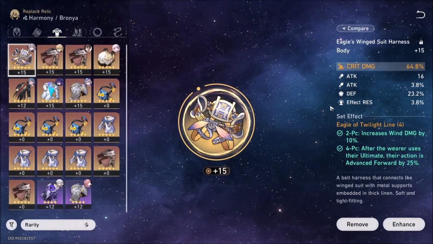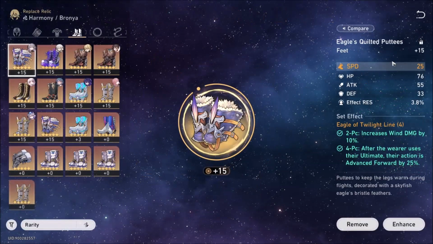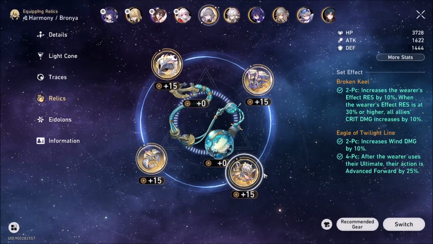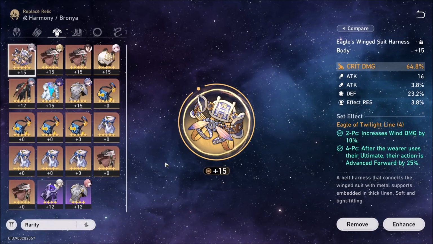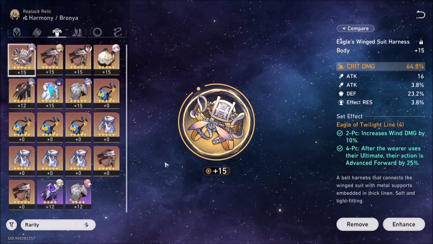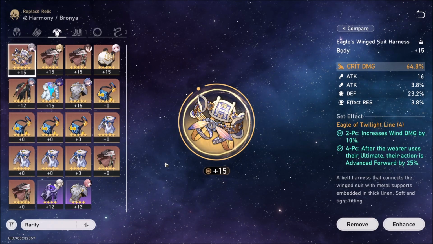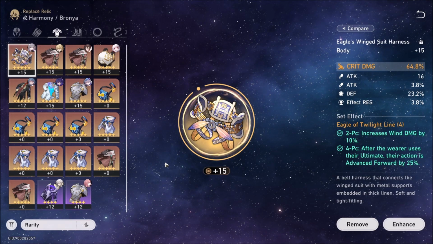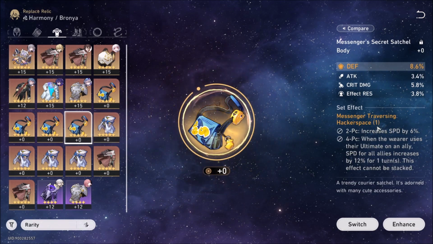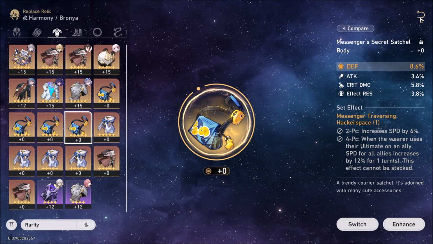For example, if you have god roll stats, like having very good stats in your pieces. But should I remind you that you will be farming for the relic set in the Cavern of Corrosion, and therefore you can immediately see and compare your relic sets to see which of those have the better substats, and you will immediately replace them. Since both Eagle of Twilight Line and Messenger Traversing Hackerspace are good for Bronya,